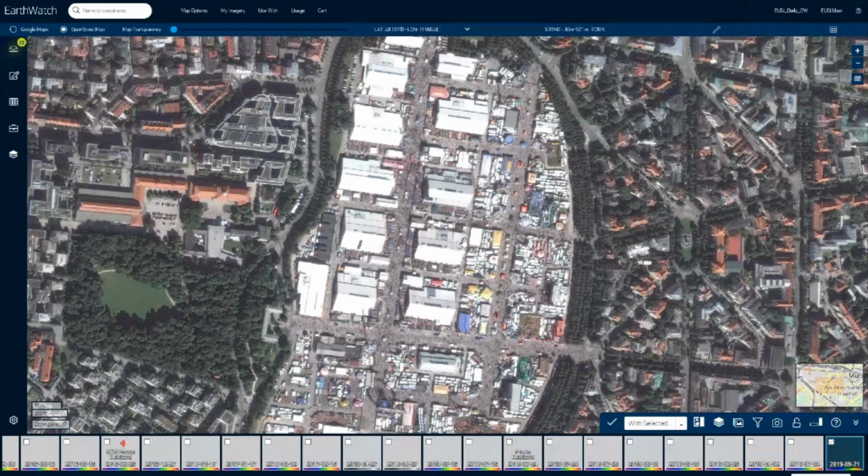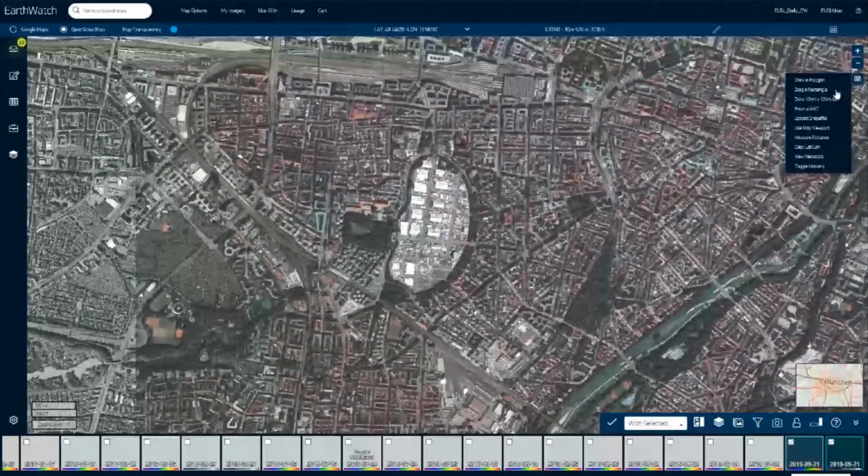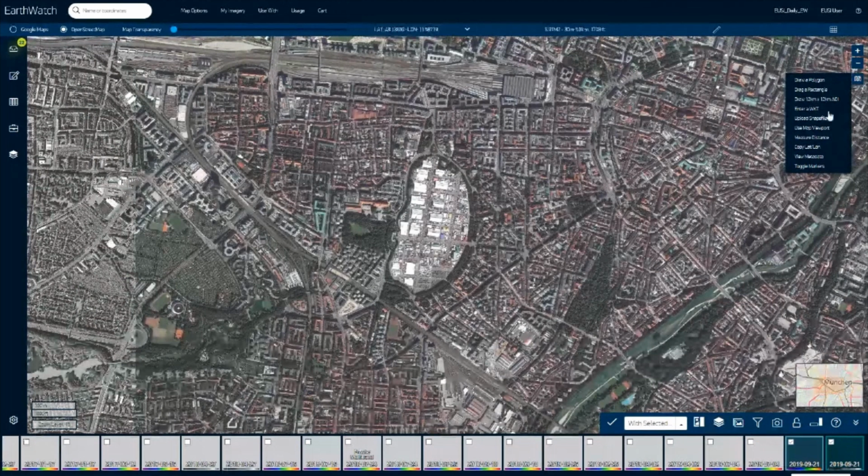We can either draw a polygon, draw a rectangle, upload a shapefile, and some more options to create an AOI. In this case, I want to drag a rectangle. I just draw that one around the Oktoberfest.